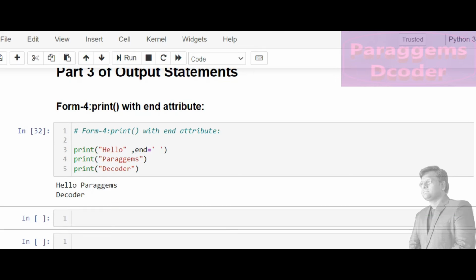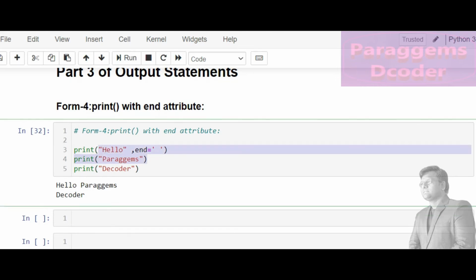See, now after hello I got the paradigms. Previously it came one below another, but now this came upside. So due to this end attribute, the next statement came immediately after the first statement. Now we will mention in this second line the same thing,